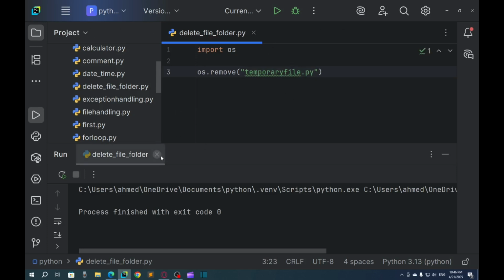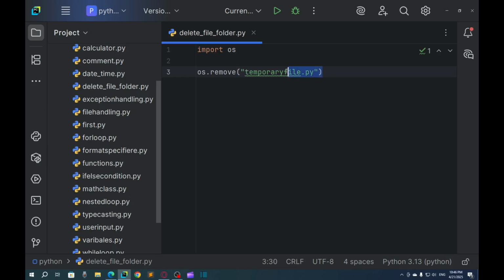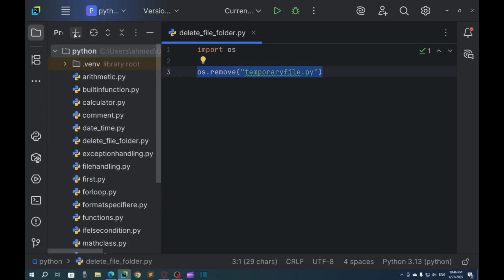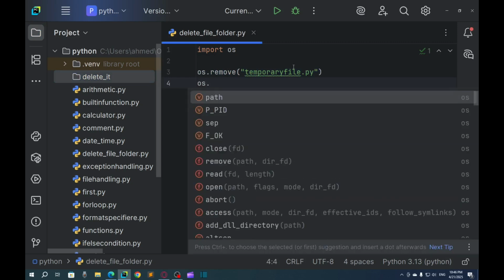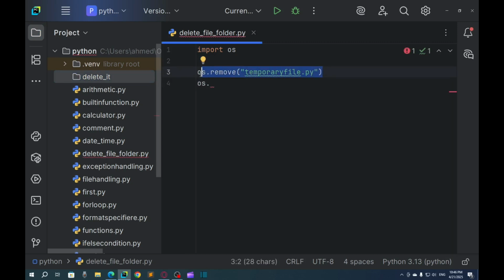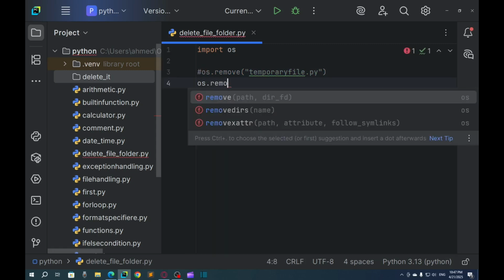Now let's say I want to delete a directory or folder. So how can I delete this? Let's say I create a directory, and I'm in the folder. The new directory will be delete underscore it, and I want to delete the folder. So what I have to do is, let me just make this a comment, and now I will say os dot remove